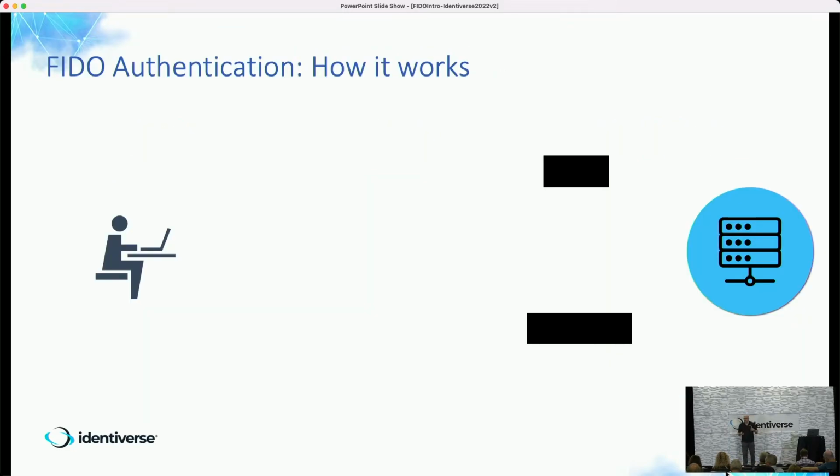So to show you how all that works, this is the visualization you normally get. A person sitting at their machine, could be their phone. They want to connect to some kind of service, a relying party. And the line between the two is a straight line, nothing in between. Traditionally, you got a username, you got a password, and you go. FIDO has introduced this notion of an authenticator, which is an intermediary that manages these keys that I talked about.